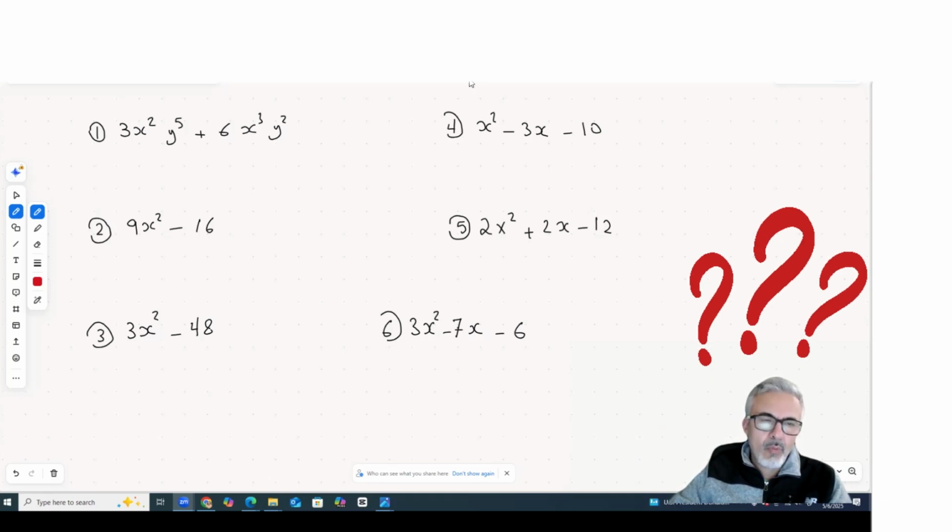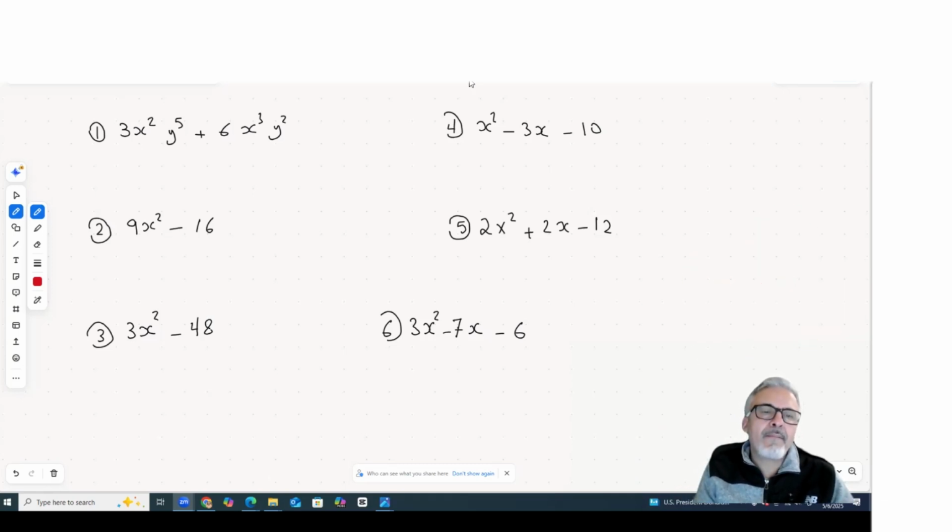So here, we're going to start with the GCF, or the greatest common factor. To find out what we're going to factor out as the greatest common factor here, we look at the two numbers 3 and 6. We know 3 goes into both 6 and 3, so 3 is the greatest common factor. Then x squared and x cubed: x squared has a lower exponent, so this has to come out as the greatest common factor. And y to the 5 and y squared: y squared has the lower exponent, so y squared has to come out as the greatest common factor. Now you open a set of brackets,